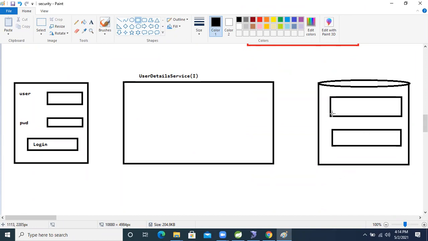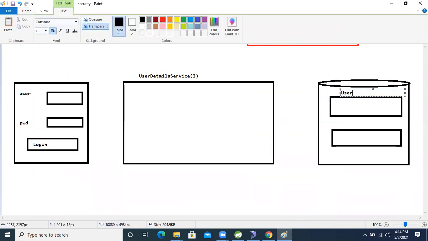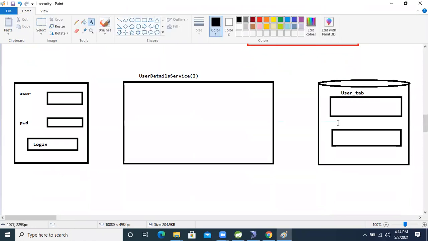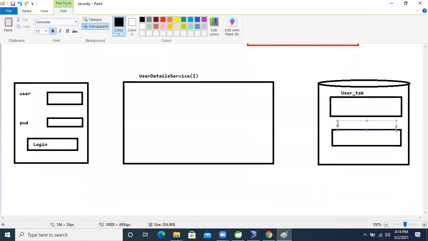Just think about it, this is the user underscore tab and this one is the roles underscore tab.